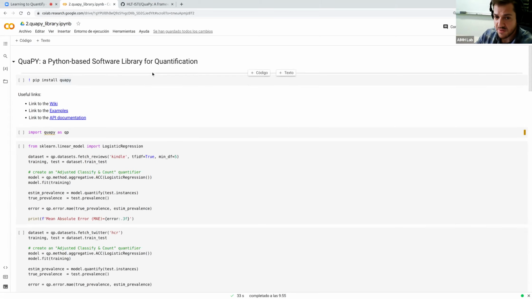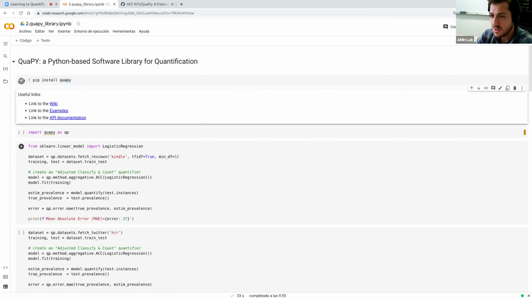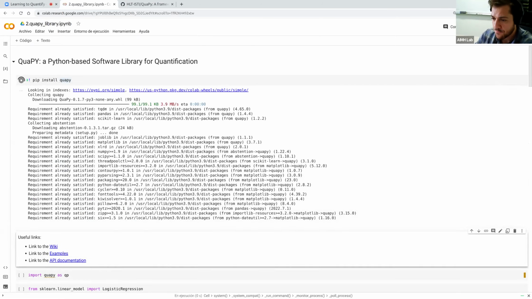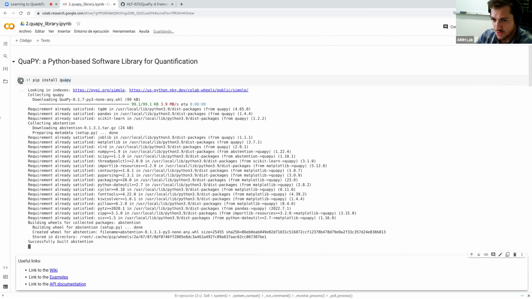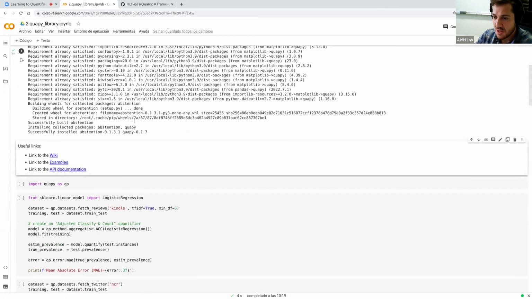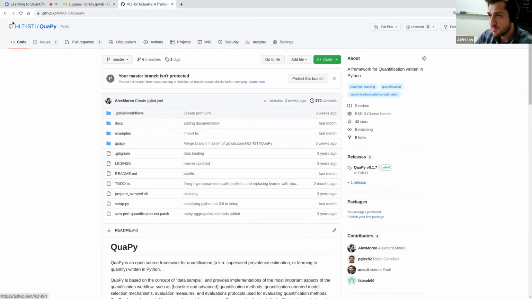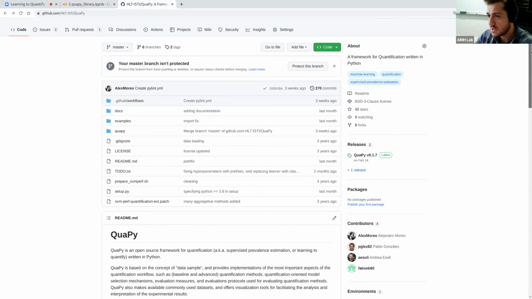So the very first thing we have to do is to install Quantify, and Quantify can be installed using pip. So let's run this. Okay, we have installed Quantify. These are some useful links. So, for example, this is the project. You can take a look at it